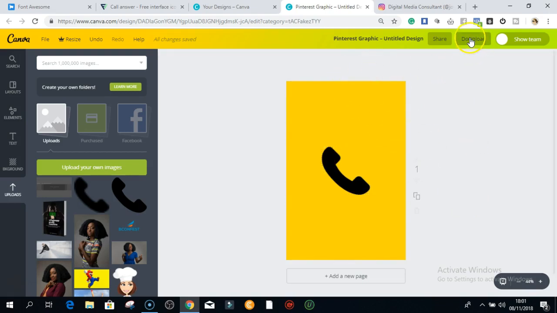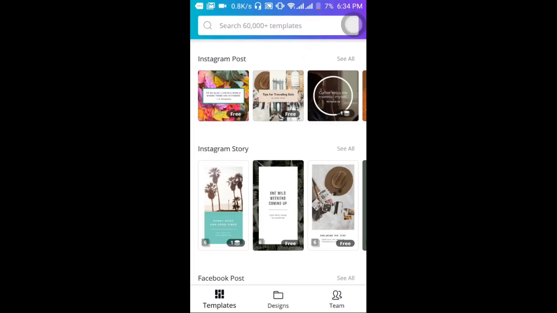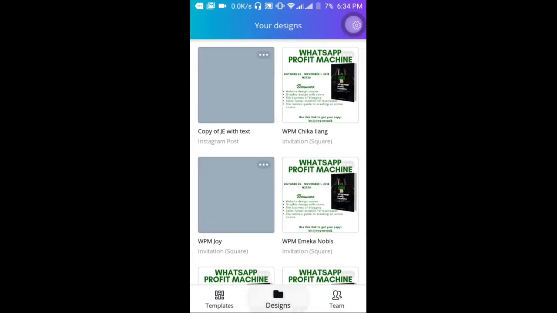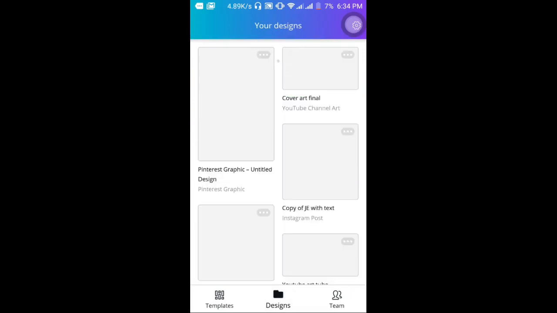So as soon as you're done, you click on the download button. I'll be switching right now to my mobile phone so that you can see how to do that from your mobile phone. Okay? So this is Canva on my mobile phone, and we are about to work on the highlights that we have been talking about. So I'll simply go to designs, and then we can get the particular highlights cover that we designed. So as you can see here,